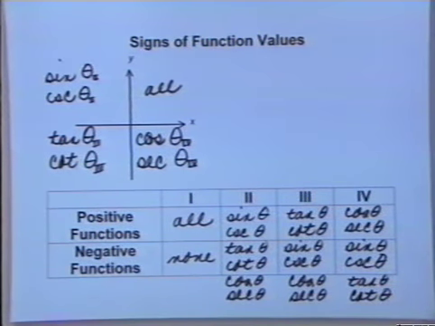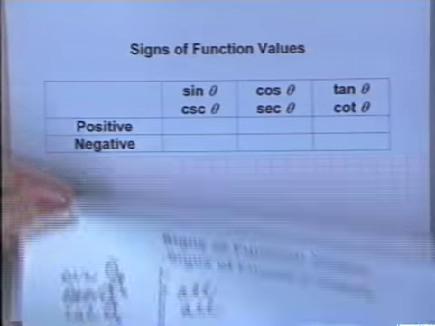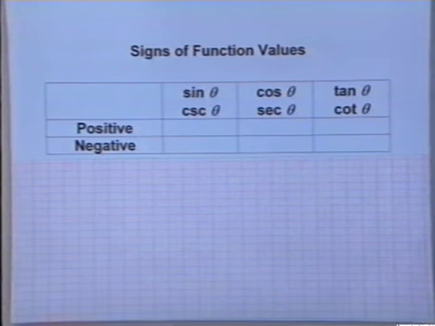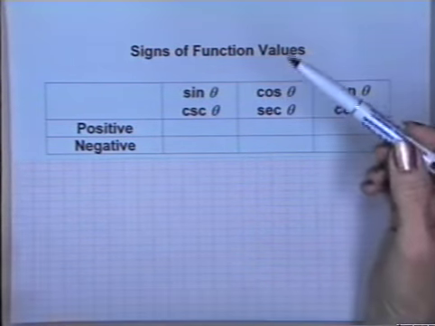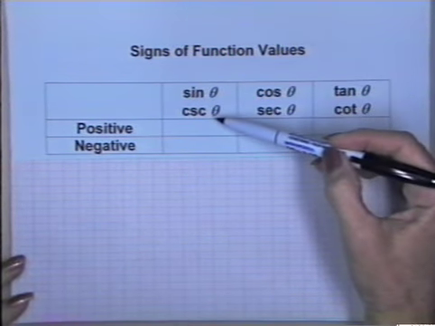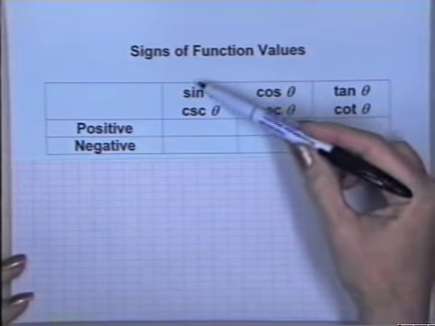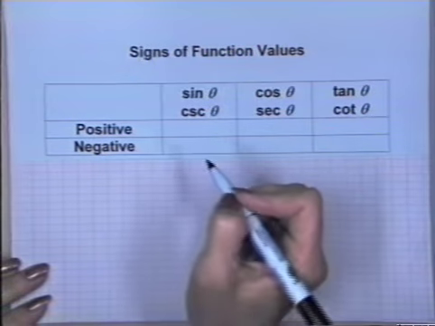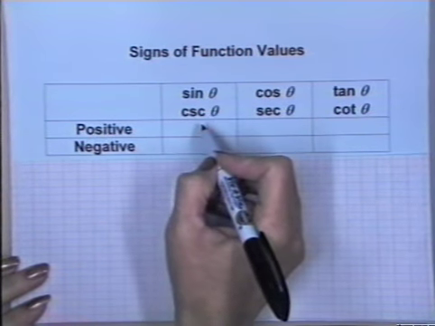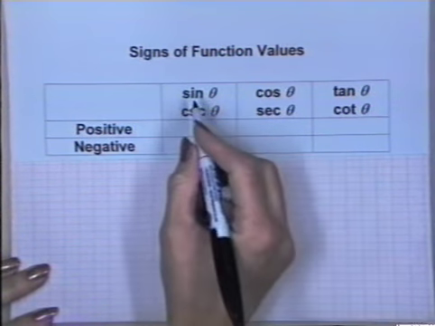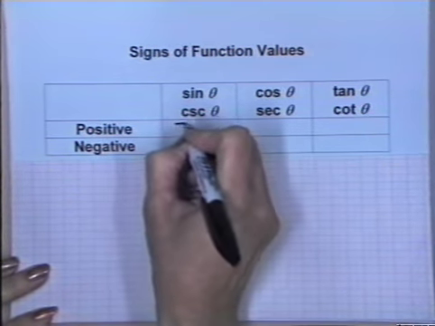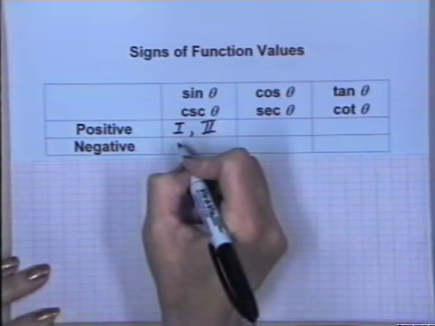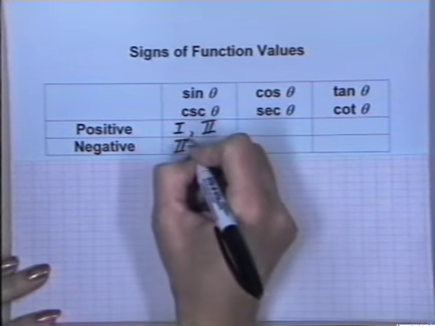Now let's look at another way to summarize this. It's important for you to realize that the sine function and the cosecant function are reciprocals, so that's why I have it in a table like this, with two quadrants that these functions are positive in and two that are negative. The two quadrants that the sine and cosecant are positive in are the first quadrant and the second quadrant, and the two quadrants where they are negative are the third quadrant